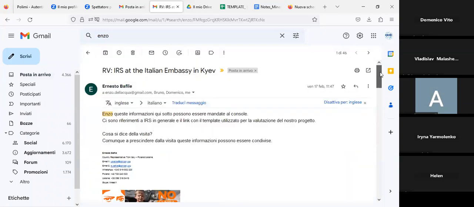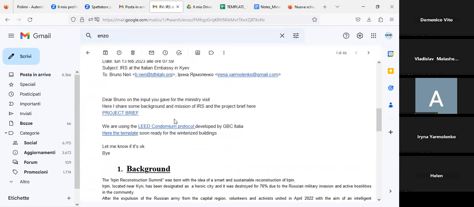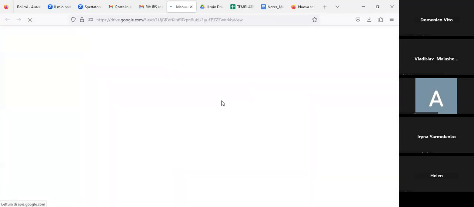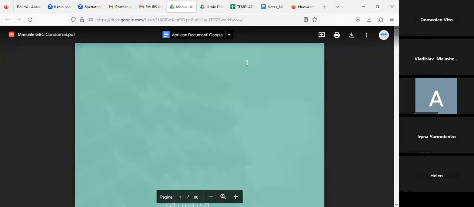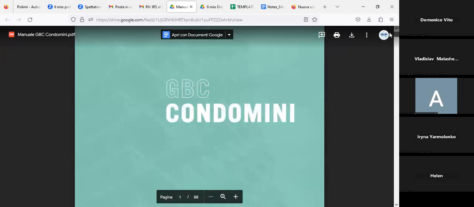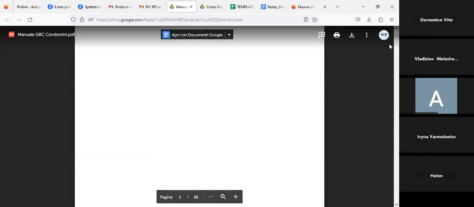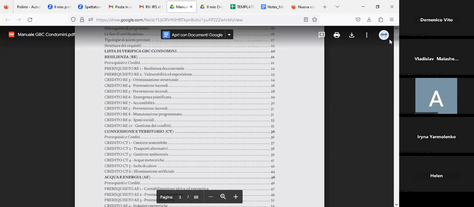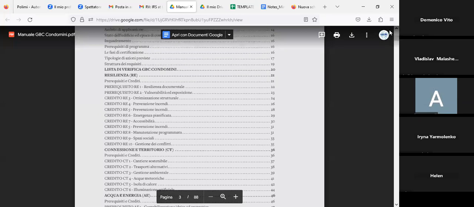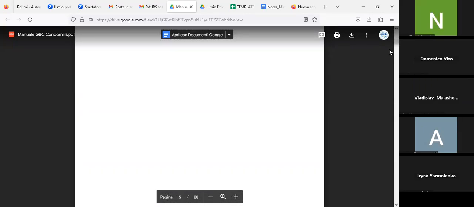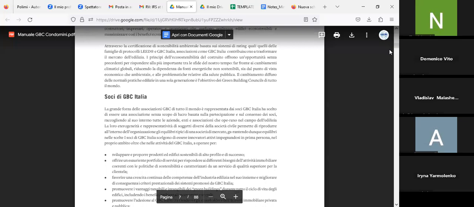So, the topic of today: the LEED assessment protocol for condominiums. I will start by showing the condominium protocol, which unfortunately for now is only in the Italian version. That's why we are taking long to translate it into English and Ukrainian. So basically, what is the protocol and what does it do? The protocol is a way to give a score, to assess the process of construction of a condominium